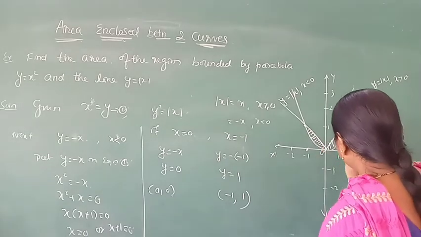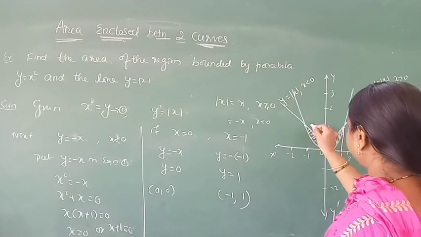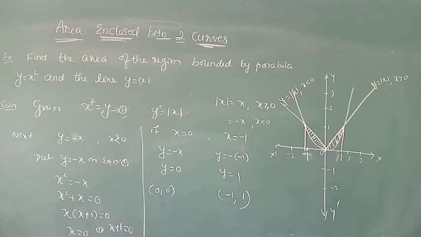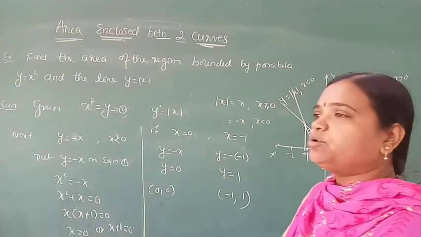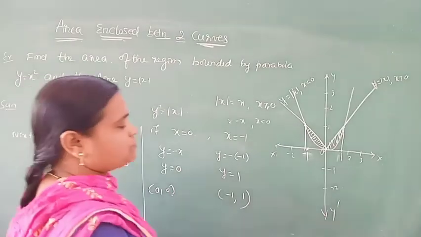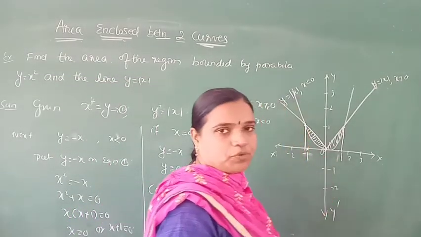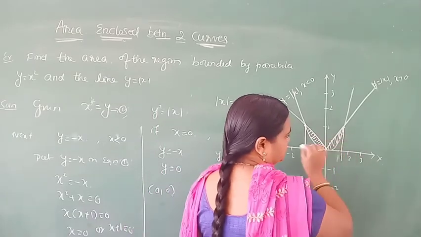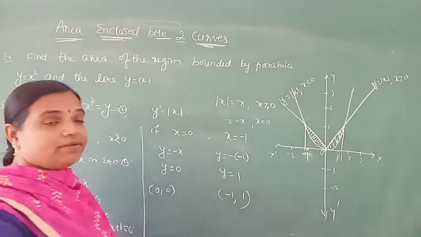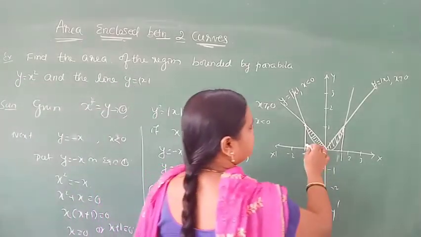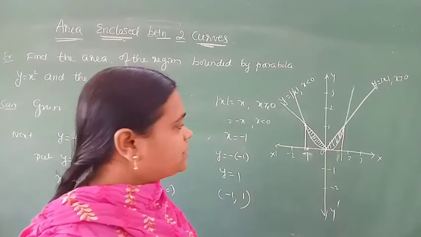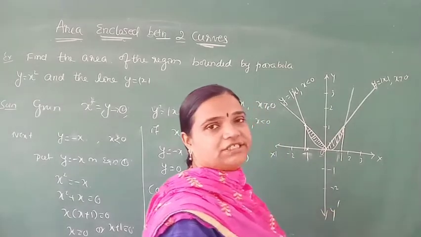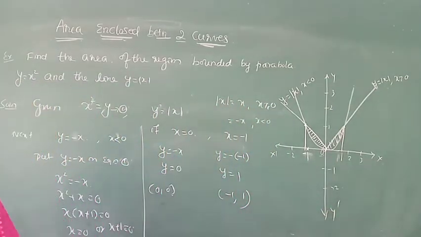And it is bounded by which axis? X axis. Okay, bounded by x axis. If it is bounded by x axis, the limit is very strong. One is minus 1 to 0, another one is 0 to 1. But see, both are in the same figure, means naturally area is also similar. Therefore, instead of taking minus 1 to 0, 0 to 1, we can take 2 times the integration of 0 to 1, so that we can easily calculate.